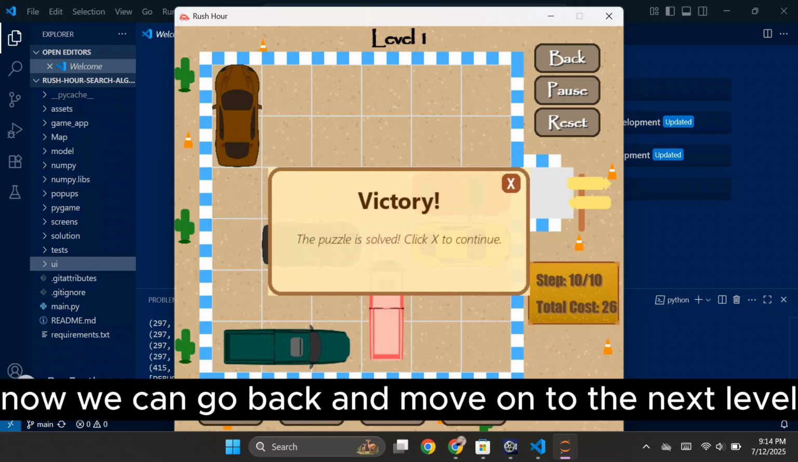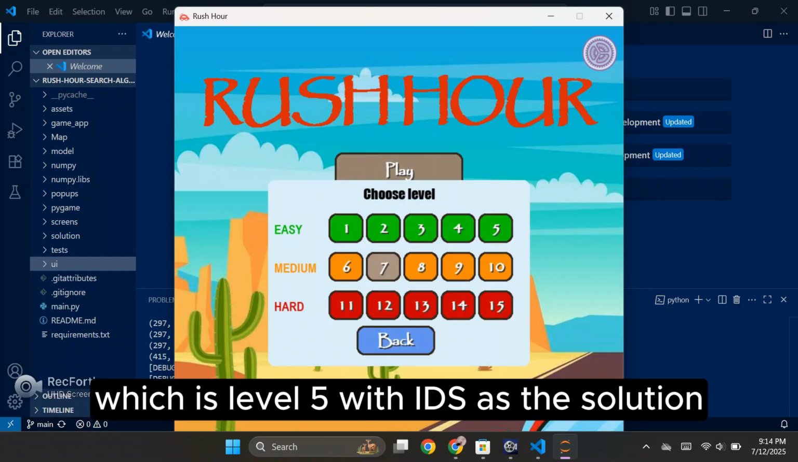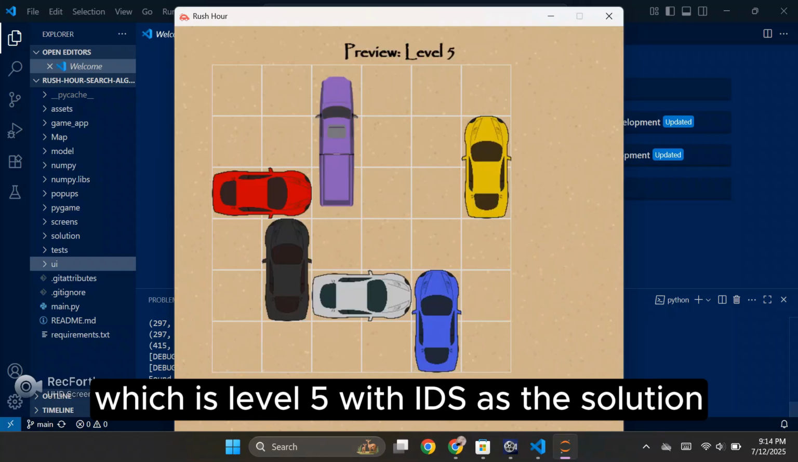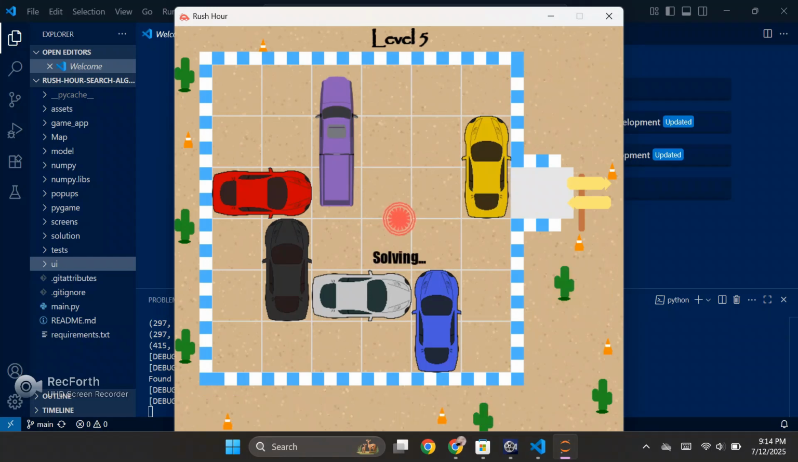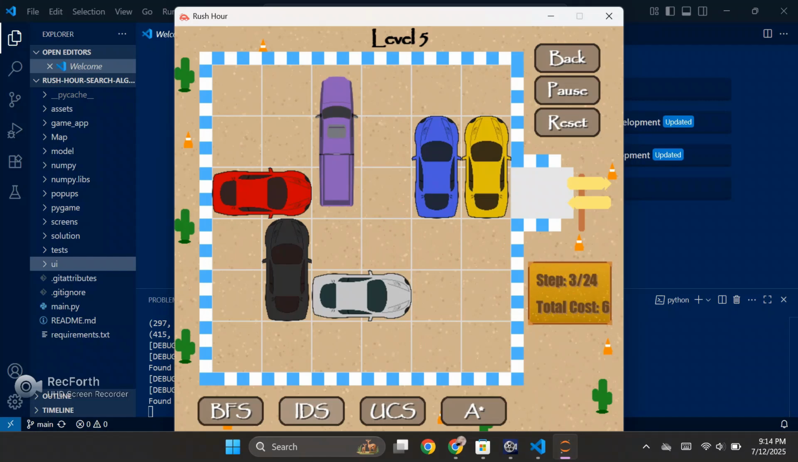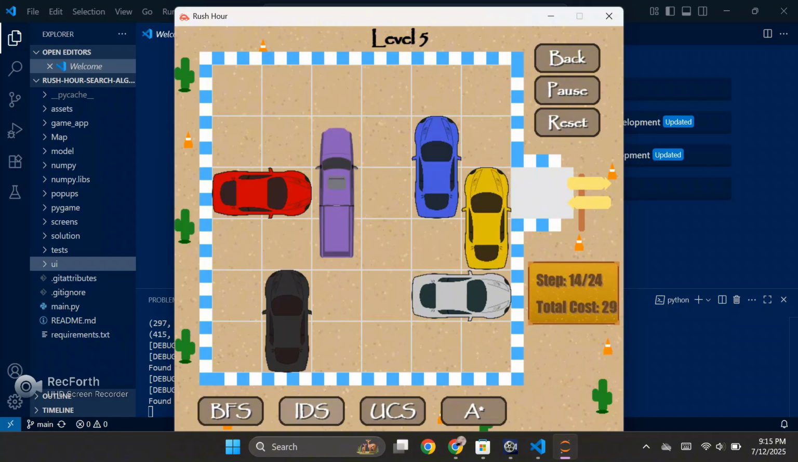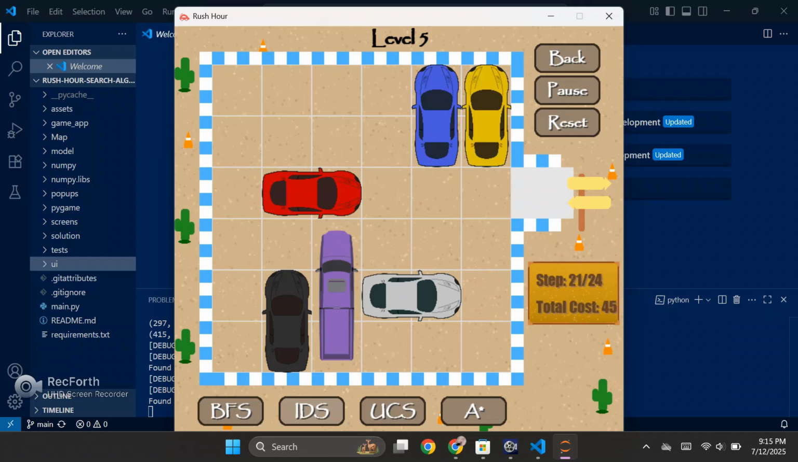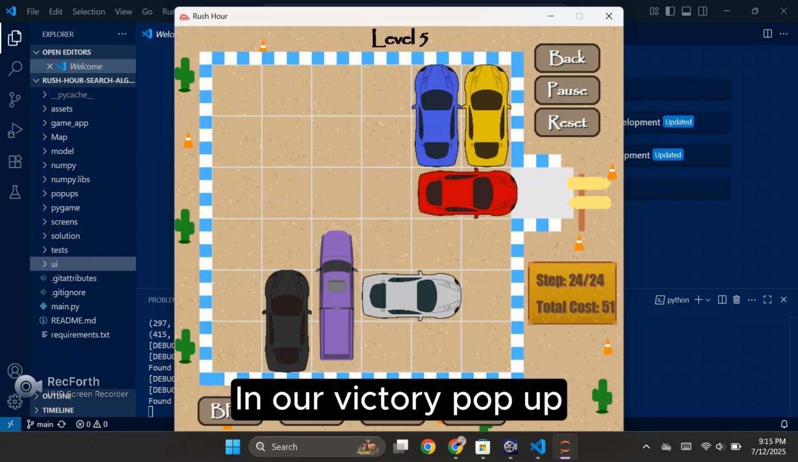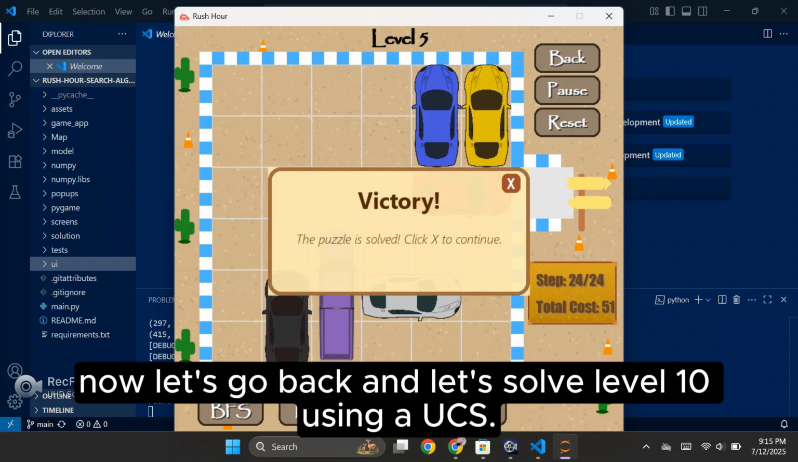Right, now we can go back and move on to the next level, which is level 5 with IDS as the solution. And our victory pop-up. All right, now let's go back